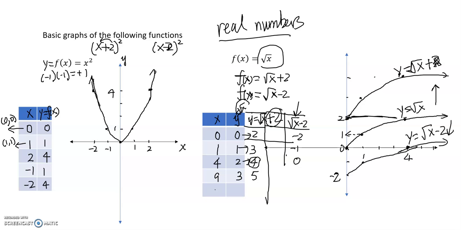And notice that in order to get y equal to 0, we have to make x -2. Because if x is -2, plus 2 gives us 0, and 0 squared will give us a 0. So for the same y value, we actually have to subtract the 2 from this 0. So in order to get the same y value,